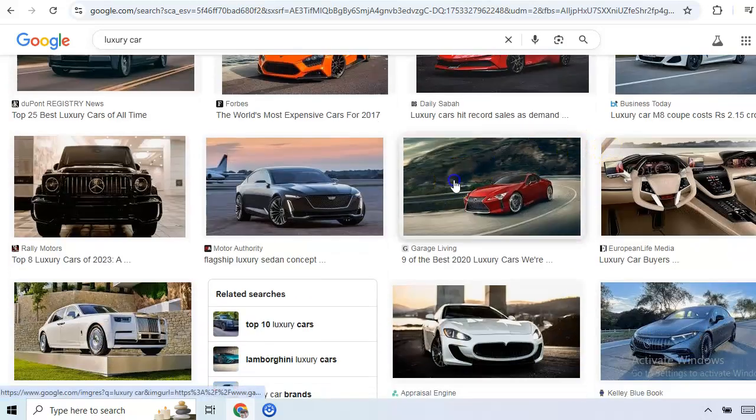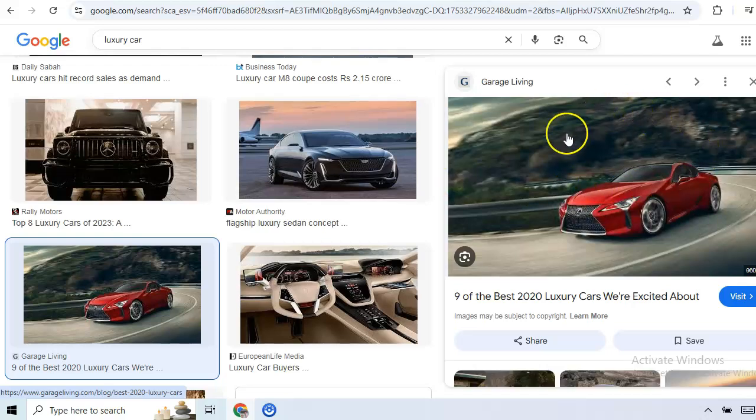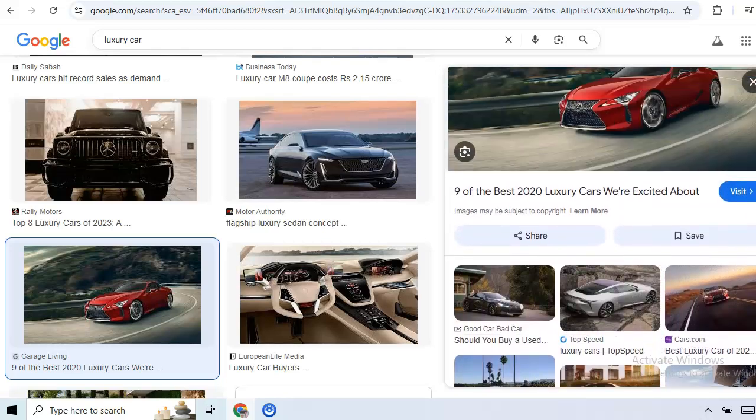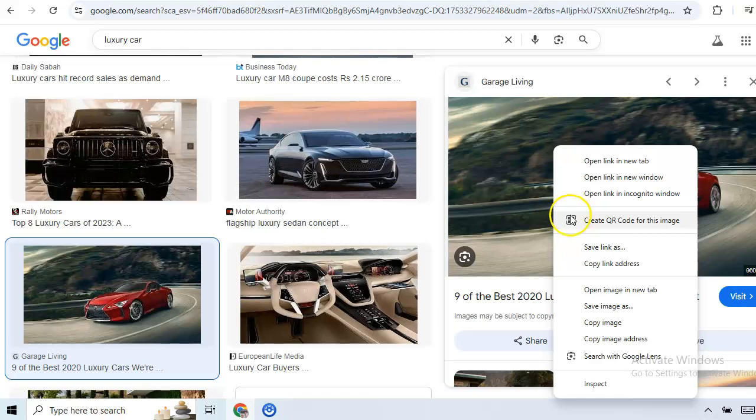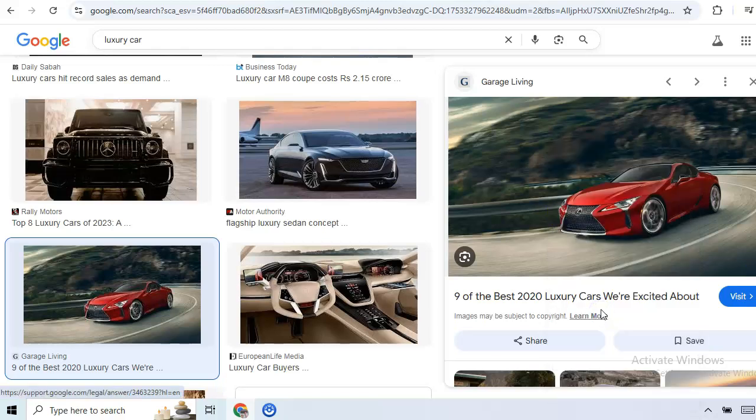Okay, for example this one, and you can see the image now in the right side. And then to copy the image, but before that just keep in mind about subject to copyright. But to download the image, just right click, after that click save image as,